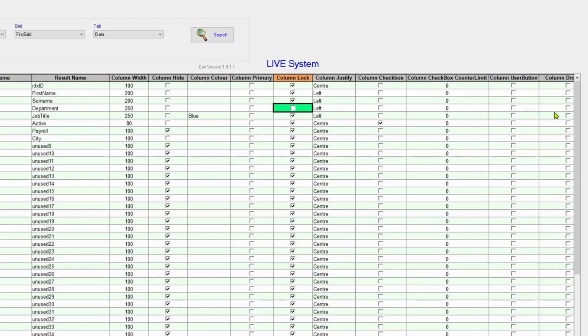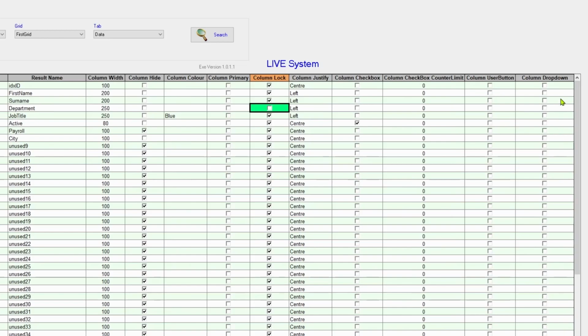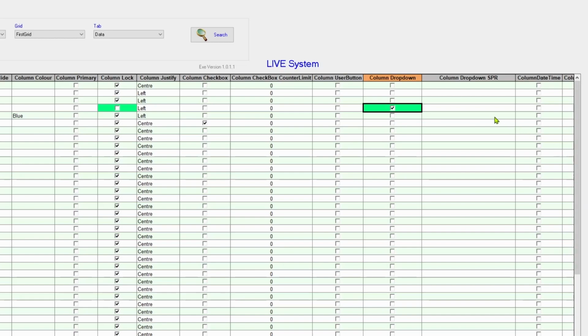We're going to click the column drop-down tick box, which means the cell will change from a text box to a text box with a drop-down. And then further over, there is a column drop-down store procedures field. Now we're going to paste into this field the command which we're going to use to extract the distinct list